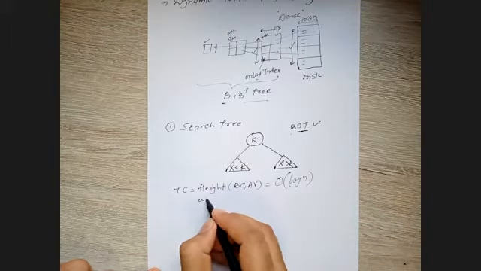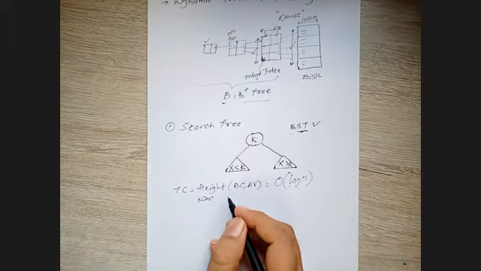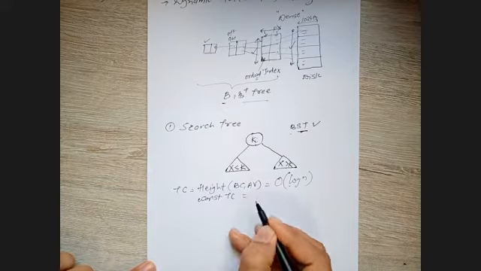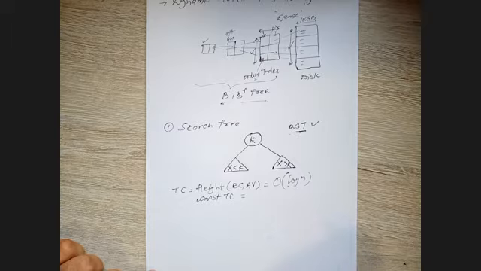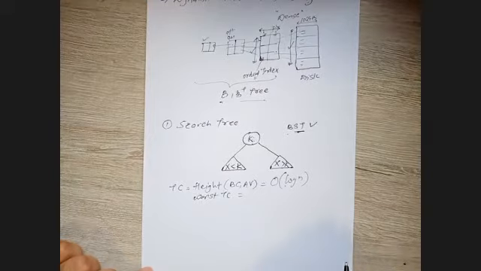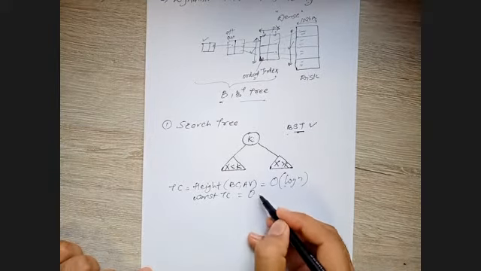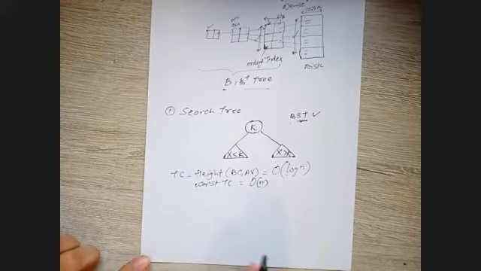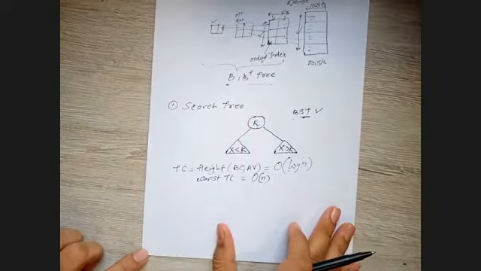And for the worst case, going back to the data structures and algorithms part, what do you think the worst case time complexity will be for a binary search tree with n elements? It is order of n. You cannot exceed beyond order of n, because in that case you need to search and compare every element. So this is the search tree. Now understand what a balanced search tree is.